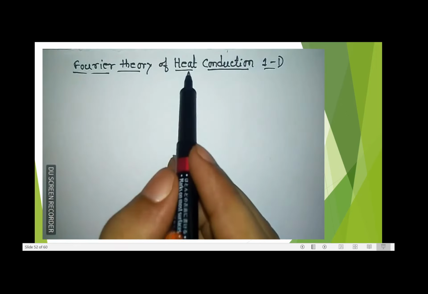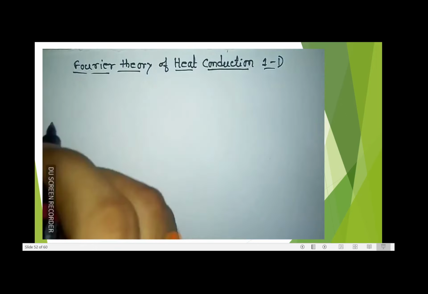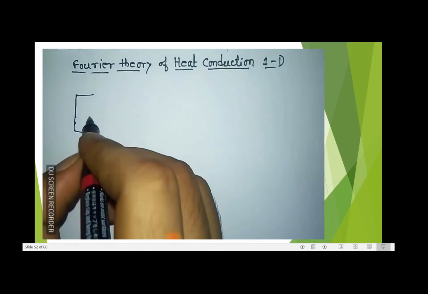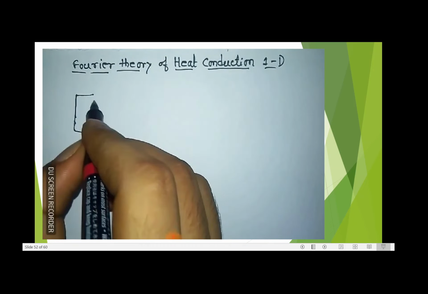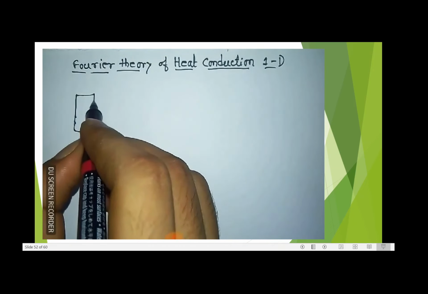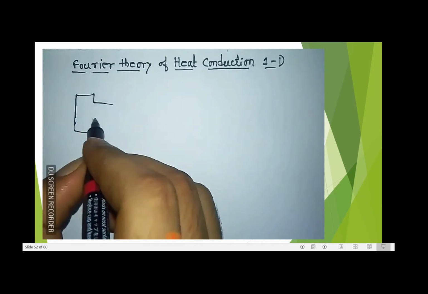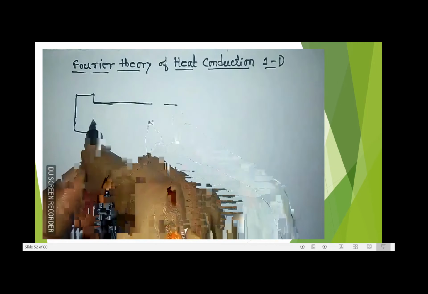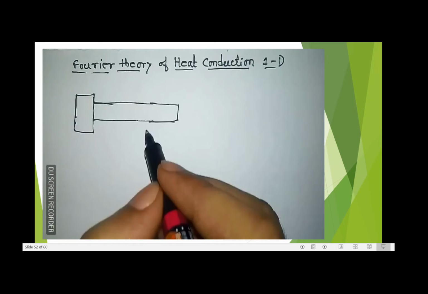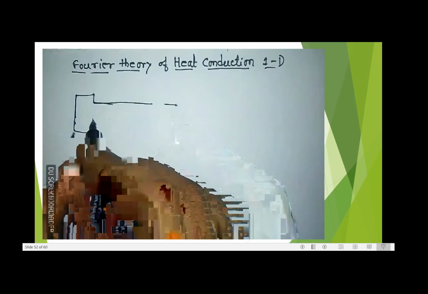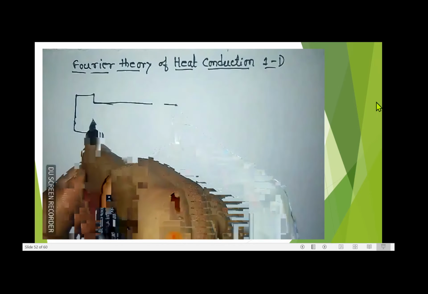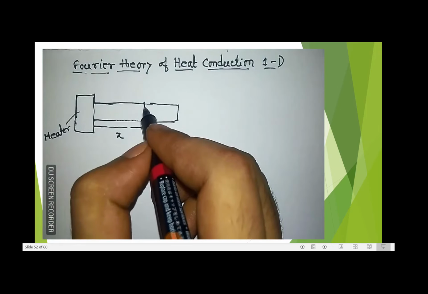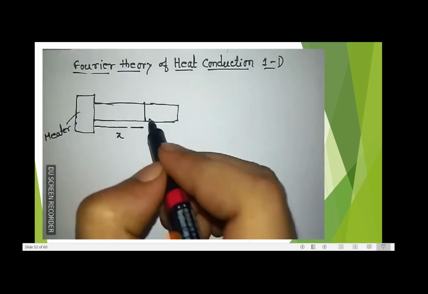Hello friends, today we shall derive the Fourier theory of heat conduction for 1D, and obviously this is for a rod. For this we first draw a heater and a rod connected with it. The heater acts as a heat source and the rod is situated along the x-axis. This is the heater, and along the x-axis at distance x the temperature is theta, we assume, and at x